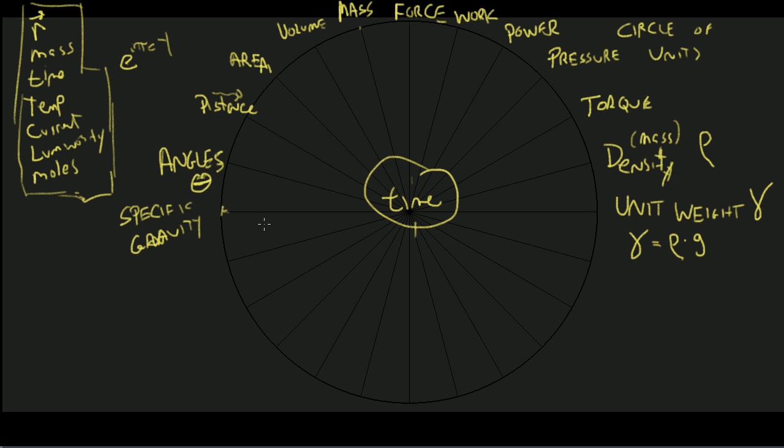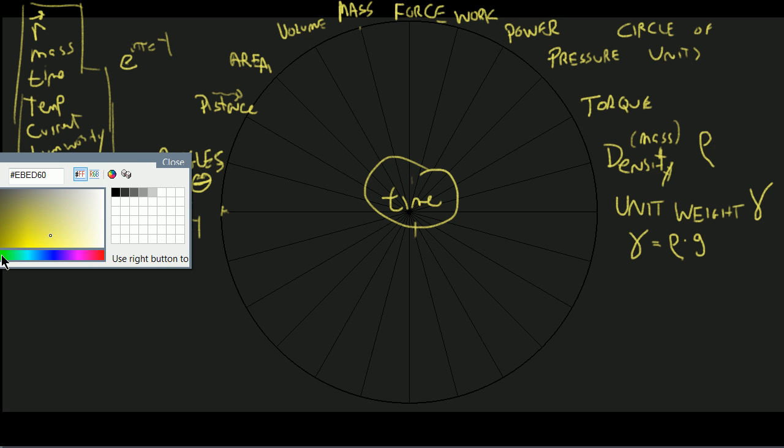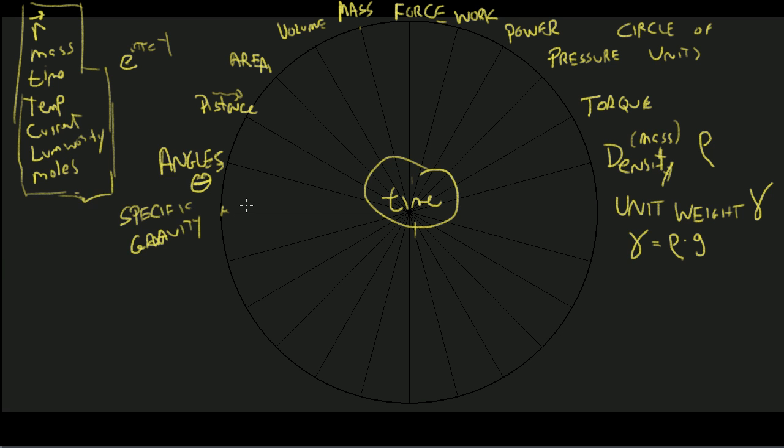What we'll do on our way out the door here, just so we can maybe use this twice, is we're going to now change colors. I'll do that by changing to green. And we can put then the basic units. These are unitless, so this is no units, and this is no units. That's an important concept. In the metric system, this is meters, this is square meters, this is cubic meters,